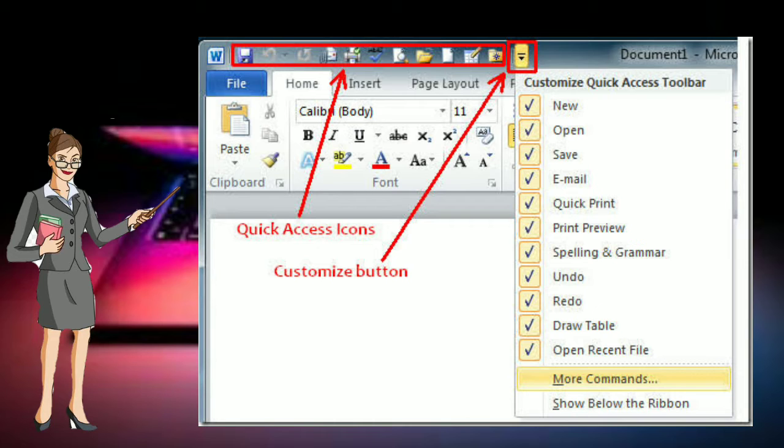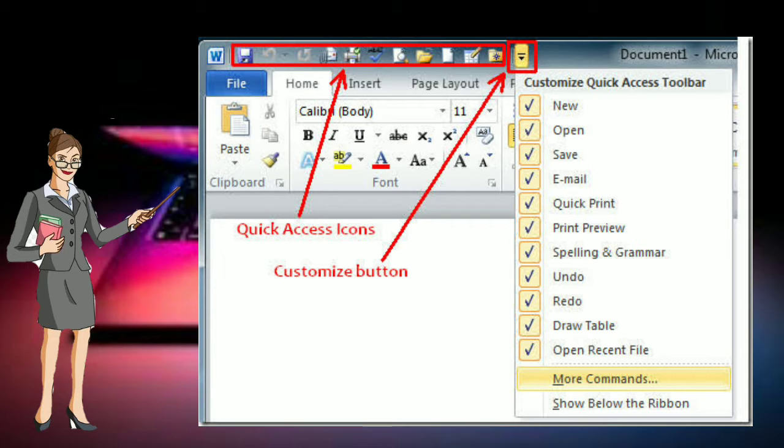It provides a one-click shortcut to common functions such as save, redo, undo, start from beginning, etc. Means here you can make shortcuts on the quick access toolbar. With the help of this toolbar, you can directly open the options of the file menu. Understood students?